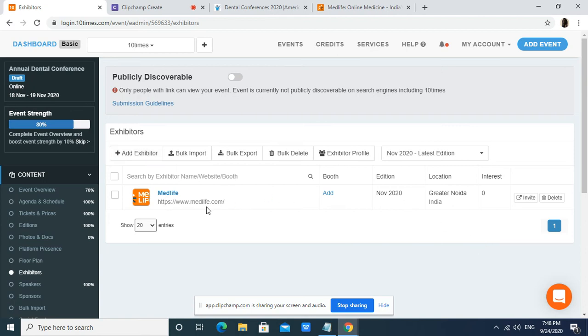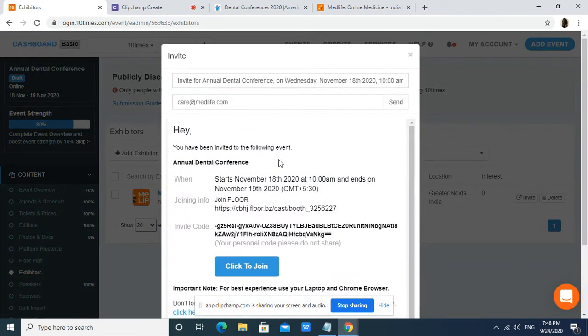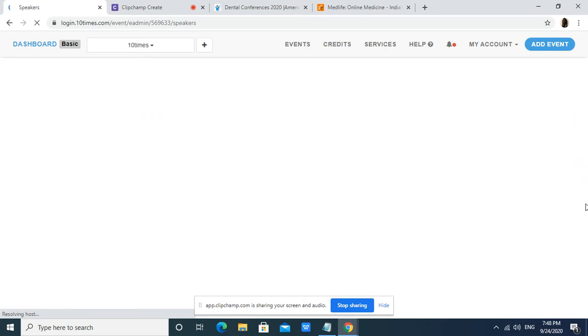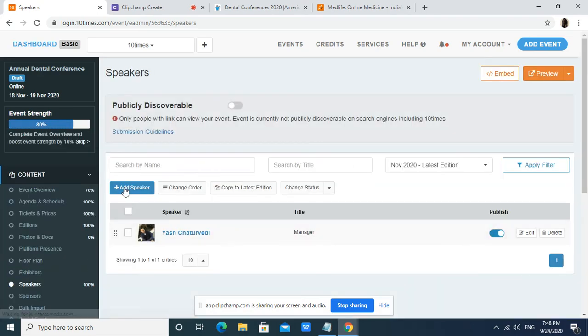You can also invite them on Floor with this tab. You just need to click on Send from here. Again, like speakers, they will get the invitation in this format on email, and they need to click on this tab to join the floor. If you have multiple speakers and multiple sessions, then you can add a speaker from here.